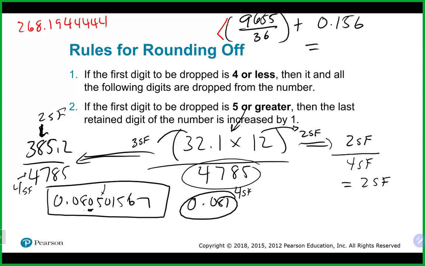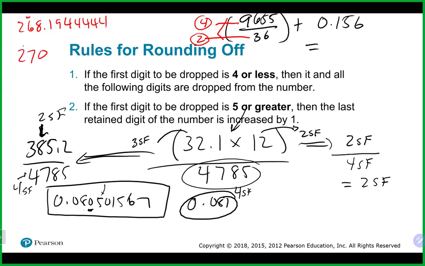Now, since we're technically dividing, we should be looking at significant figures here, right? And the top number has how many significant figures? 4, and the bottom number has 2. So technically speaking, if we were just to stop the calculation at this point and give an answer, the number should have 2 significant figures, which technically would be right about there, right? Which means technically this would round to